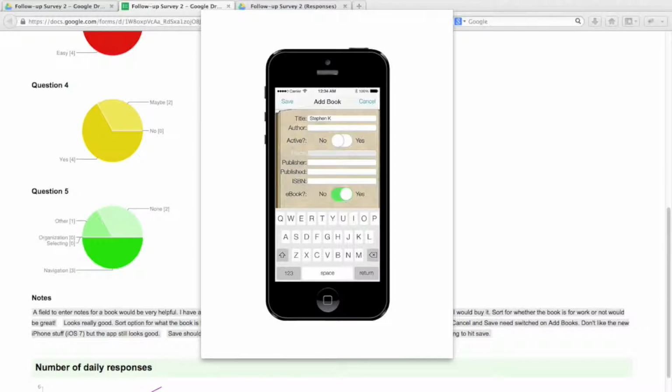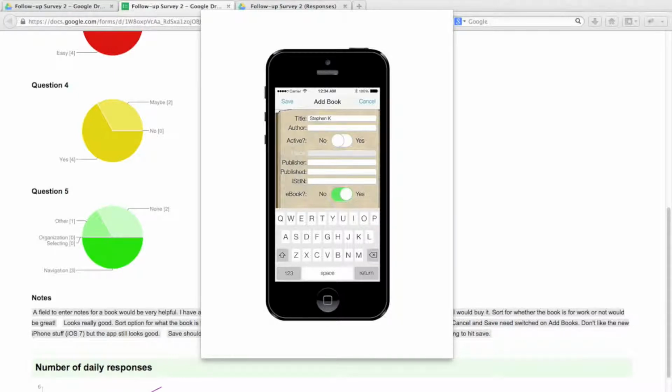The save would typically be in the top right corner, but I put it in the top left because I built this panel after my settings panel, and I wanted to keep the save in the same spot. But in reality, the settings panel doesn't really matter because it's not something that people are going to use all the time. So I really should have switched those around. I had at least 3 people tell me, hey, this should be the other way. 2 of which definitely hit cancel when they meant to save. So yeah, that was definitely a pain point I created, although I was able to get rid of the pain point from